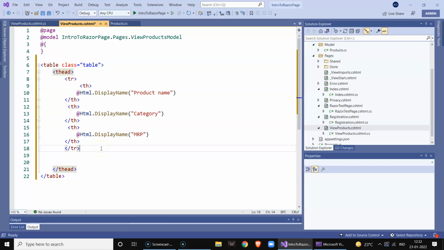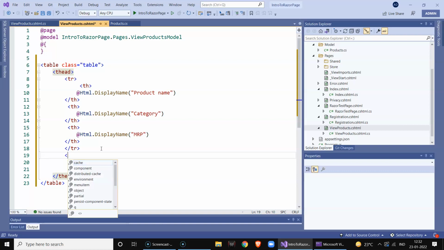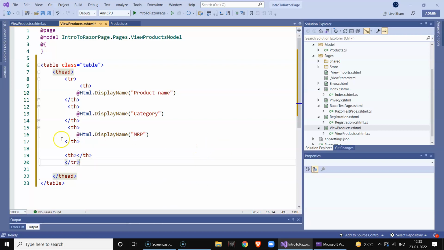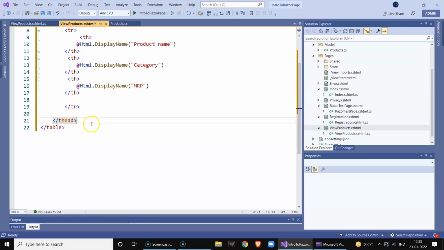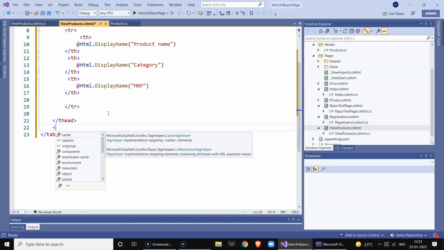Now we need to, no, we don't require this. We have only 3 columns. So now what are we going to do over here? So that becomes a header, that is the first row,